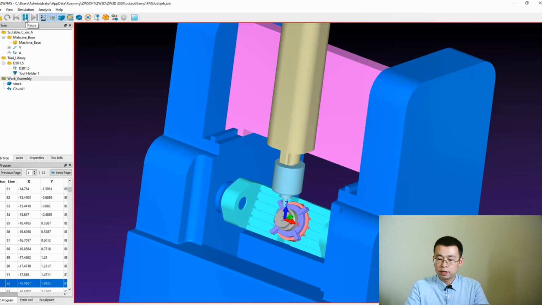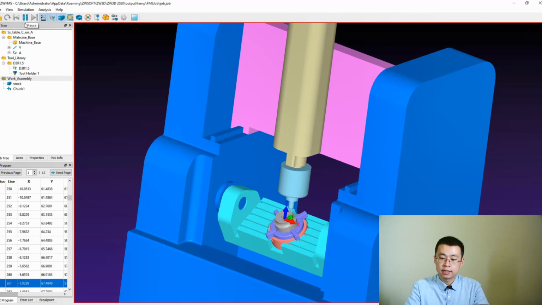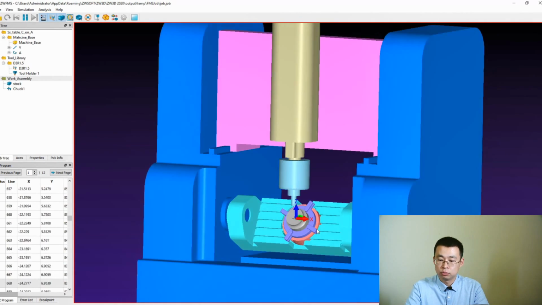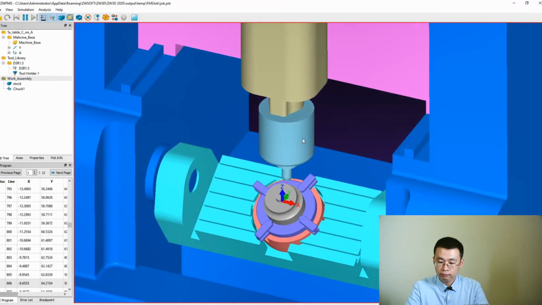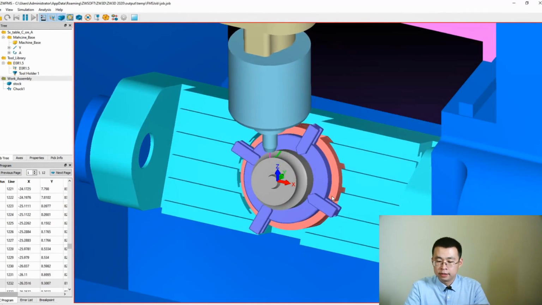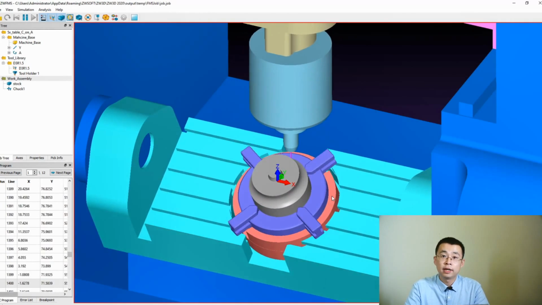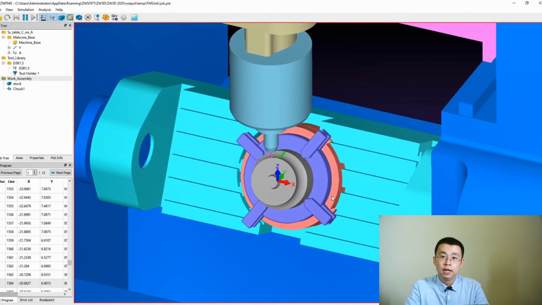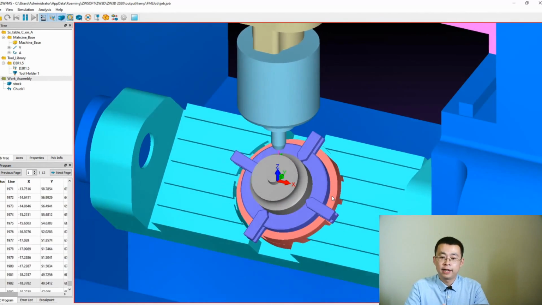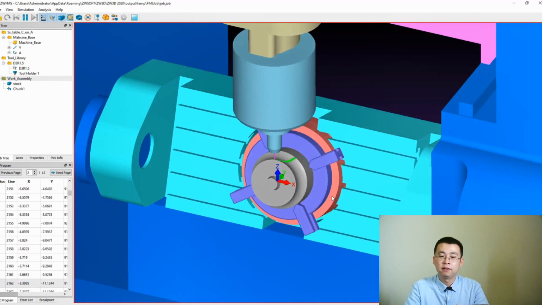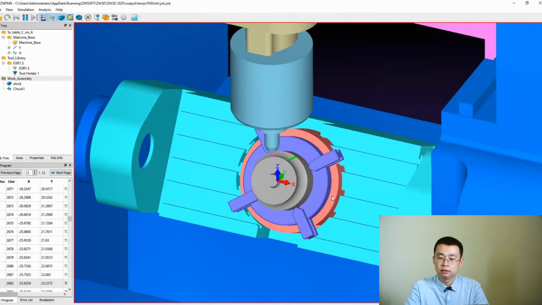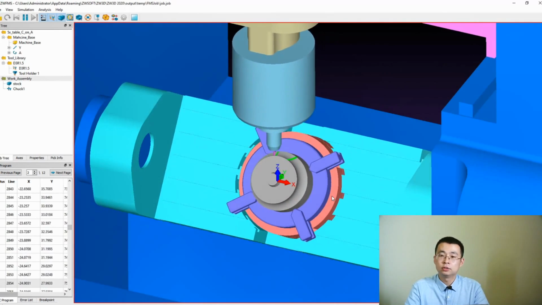Now it's running and you can see how the machine is moved. Let's zoom in a little, maybe change to a good angle to check the moves of the tool. Now I can see clearly how the tool, the table, and the workpiece are moved and how the material is removed. Any possible clash or any possible left material can be found during this procedure. That is how this function works. It is also easy to use.